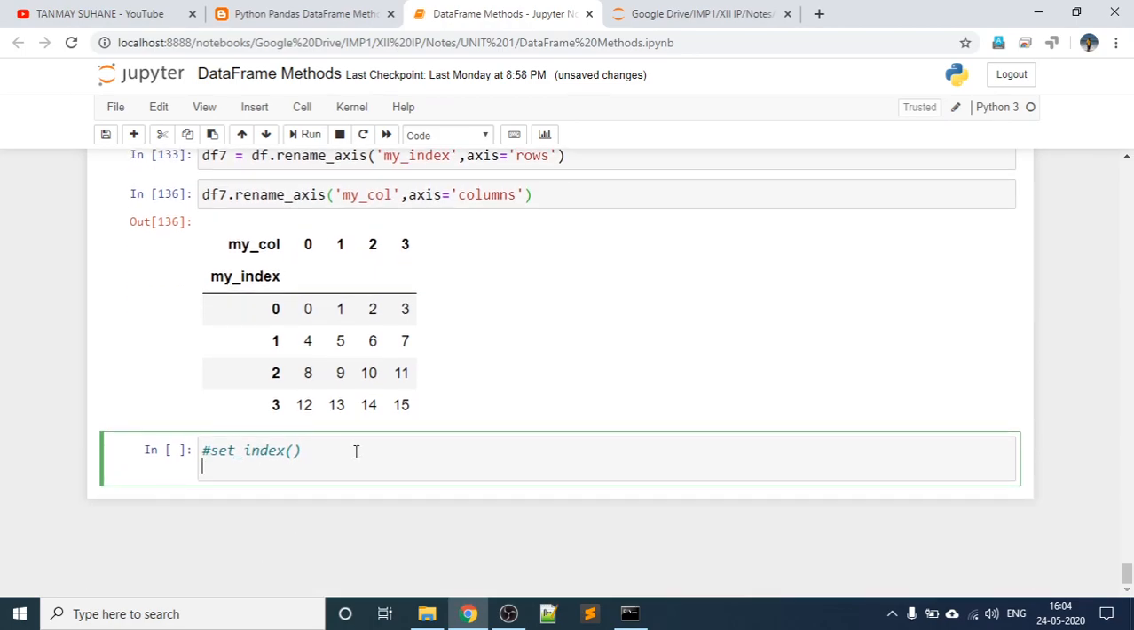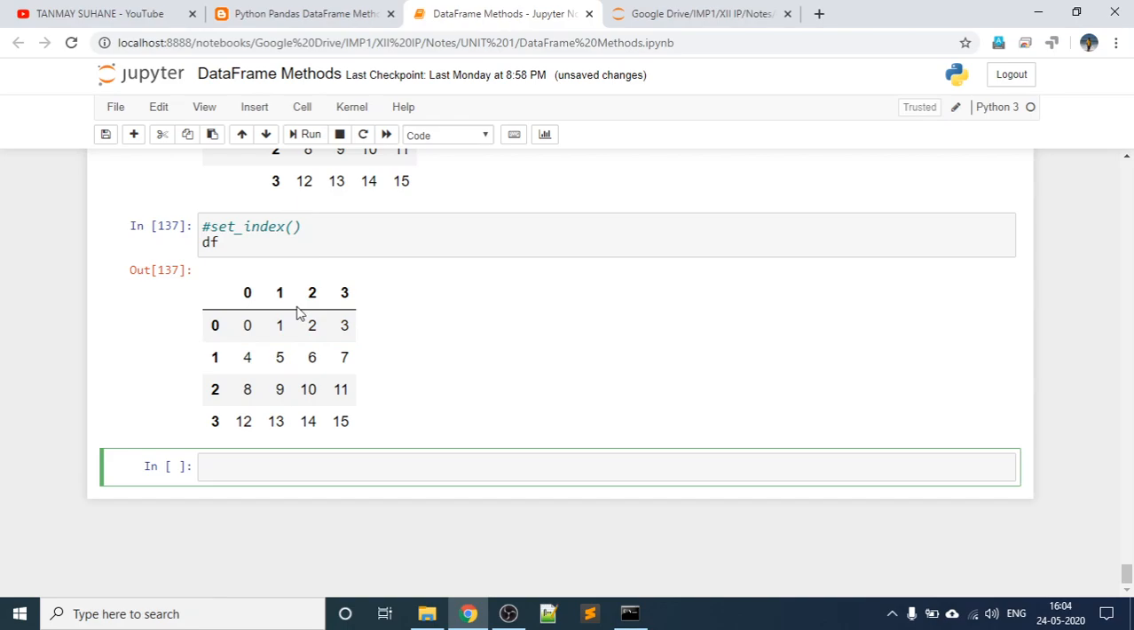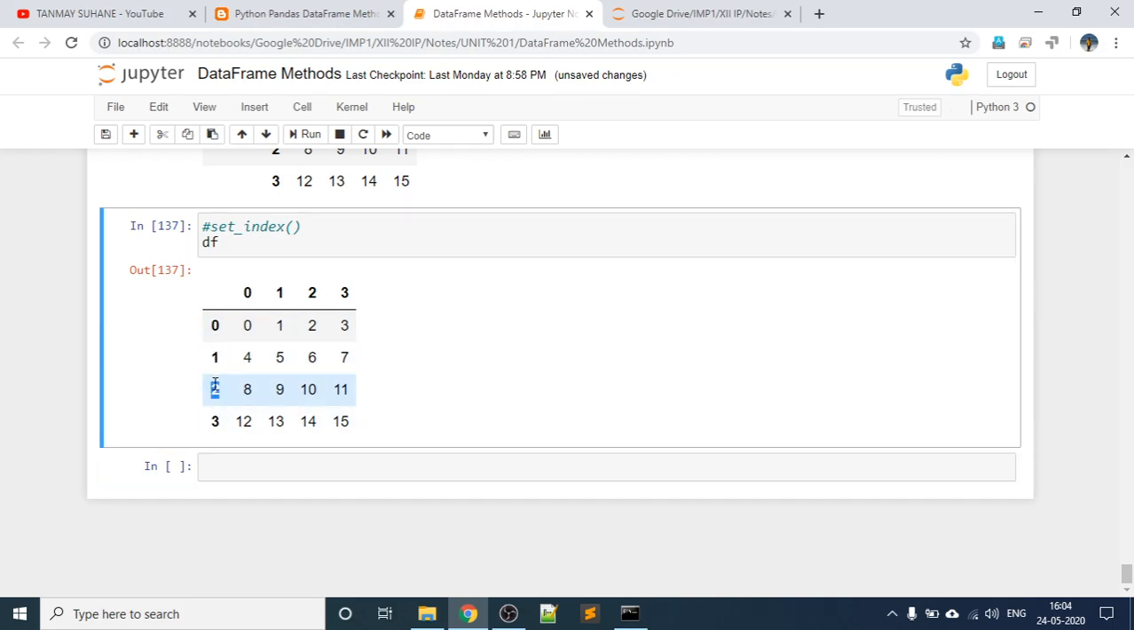Set index function will be used to set the index of a data frame. Consider this data frame df. Now, the row labels are called index in a data frame, and these are called columns. If I want to change the index and make it the same as one column, let's say I want to make the index of this data frame 3, 7, 11 and 15, that is similar to column number